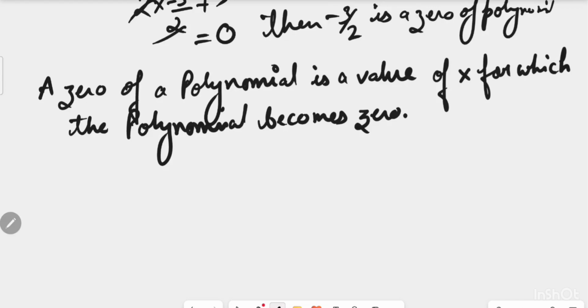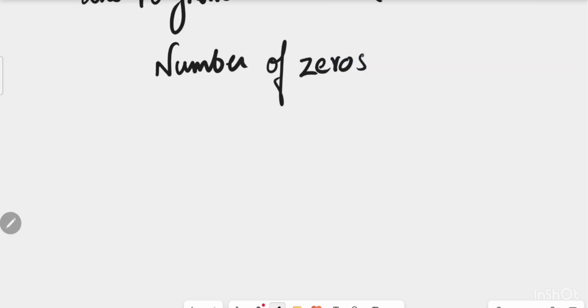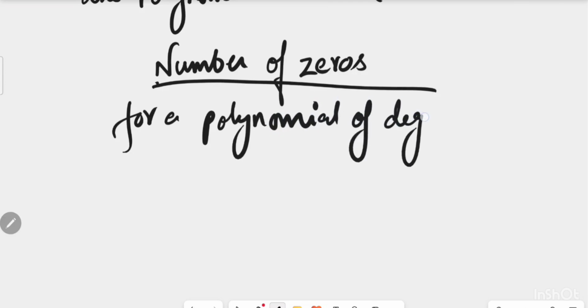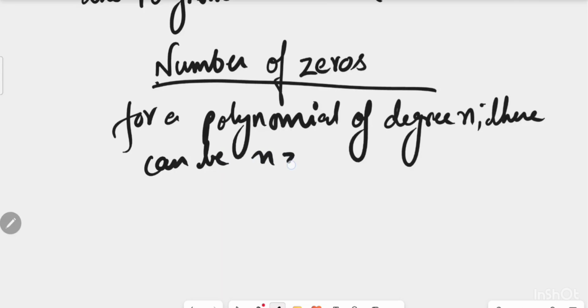Now, number of zeros. For a polynomial of degree n, there can be at most n zeros. For example,